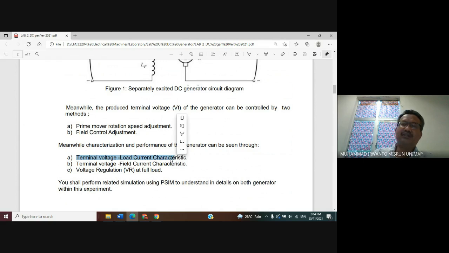It means in our simulation we want to draw the curve of terminal voltage versus load current, and we can also analyze the value of the voltage regulation using the formula: no load voltage minus full load voltage, over full load voltage, multiplied by 100%. This one.